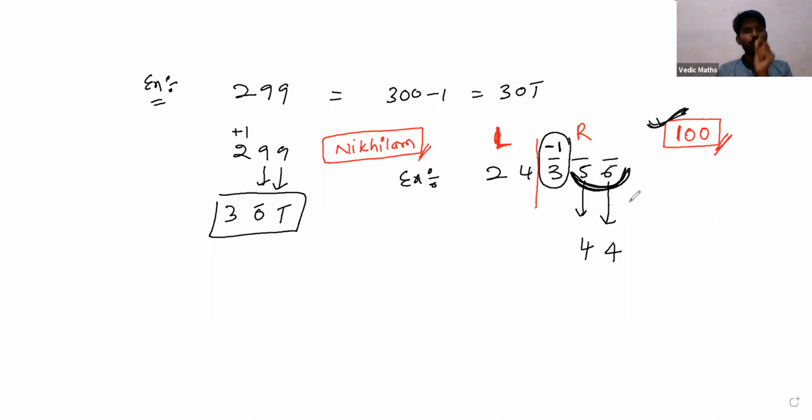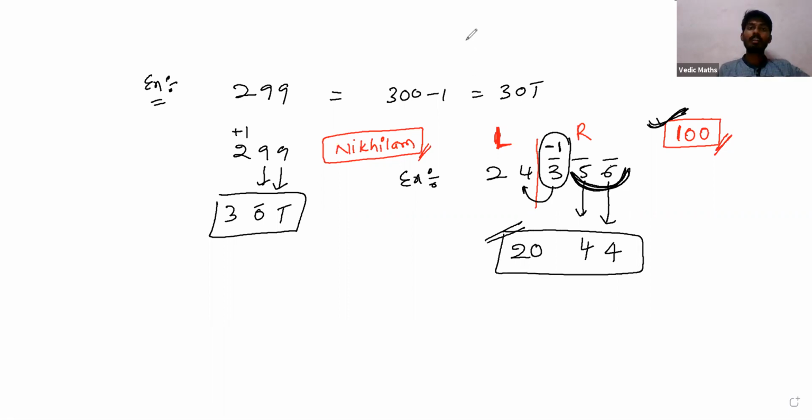It follows the base rule. So we want 2 digits, so we have to stick with 2 digits only. So those 2 digits are converted into positive, and this will be -4. But -4 is added to the left part, and the minus is subtracted. Then you are getting 20. So this is the result. Let me take one example clearly here, then you can easily understand it.